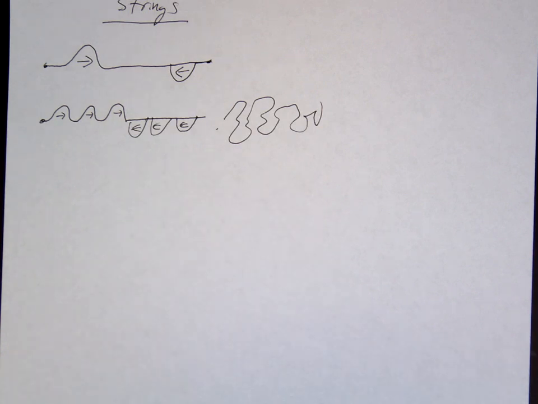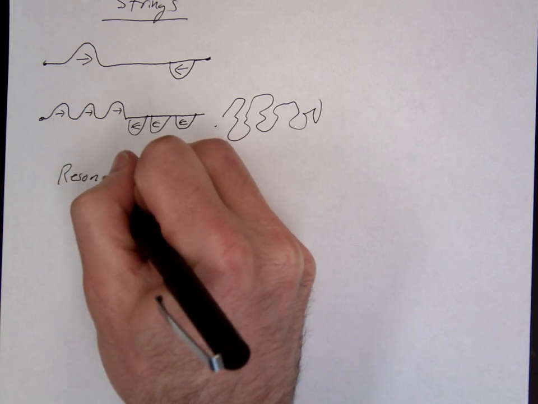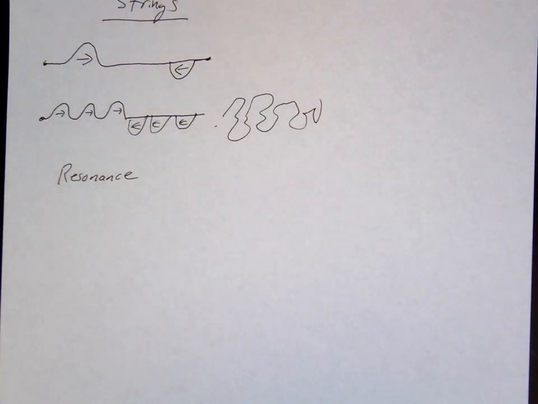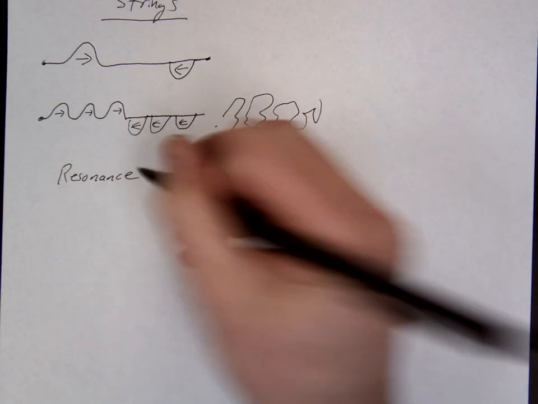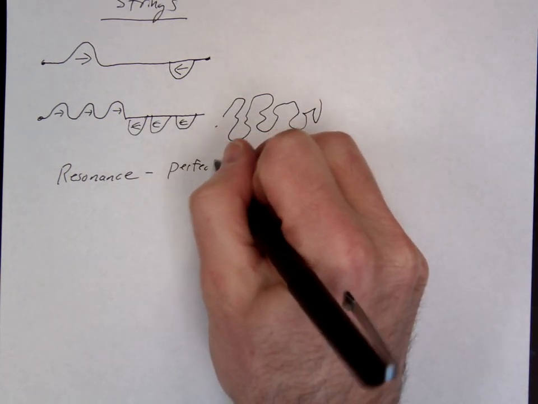However, if you send in a perfect frequency, so if you find the absolute perfect frequency, what will happen is as the waves start to reflect back and forth, they'll get this nice pattern of constructive and destructive interference that looks nice. And as you'll see, the pattern looks really nice. And so this is what we might call a state of resonance. We can call this a special frequency, or maybe perfect frequency,